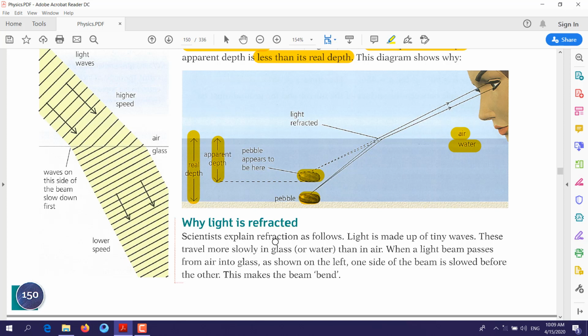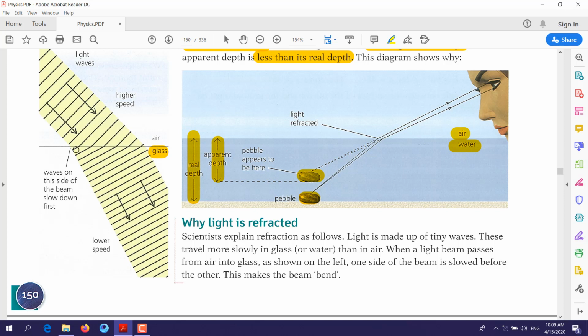Scientists explain refraction as follows. Light is made up of tiny waves. Okay, so look at the diagram. As you can see, the black lines show the light waves. When these light waves reach another medium, what will happen? A part of it here,